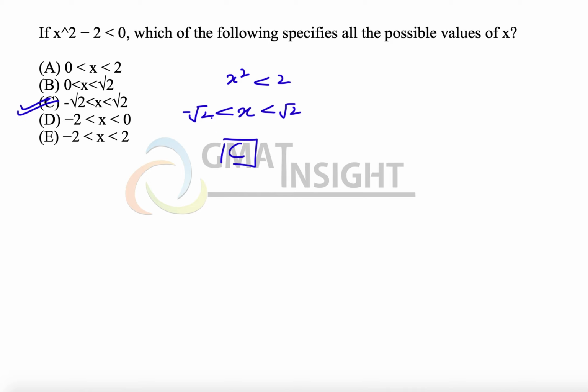You can always take it by symmetry from comparison, that if x square were less than 4, then x will always be between 2 and minus 2. That means we take the square root of this and x lies between a negative and positive range. That's one way. The alternative method to answer this question would be that